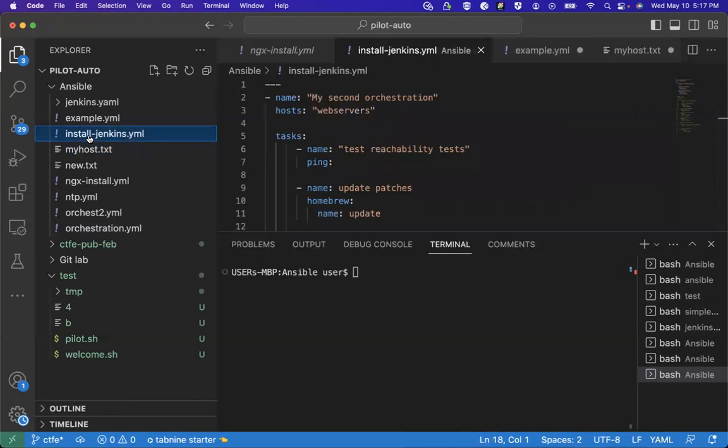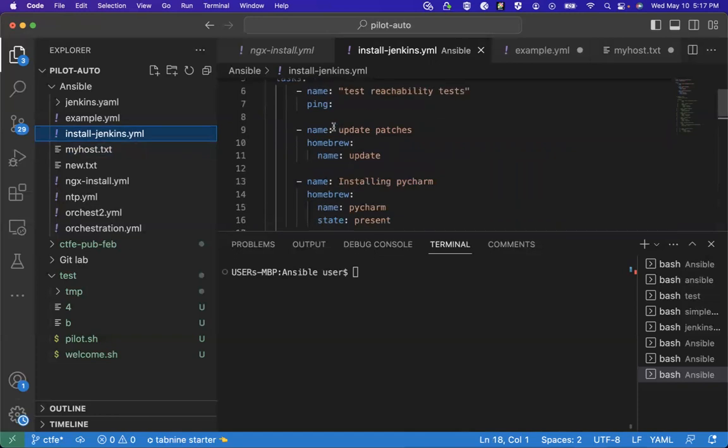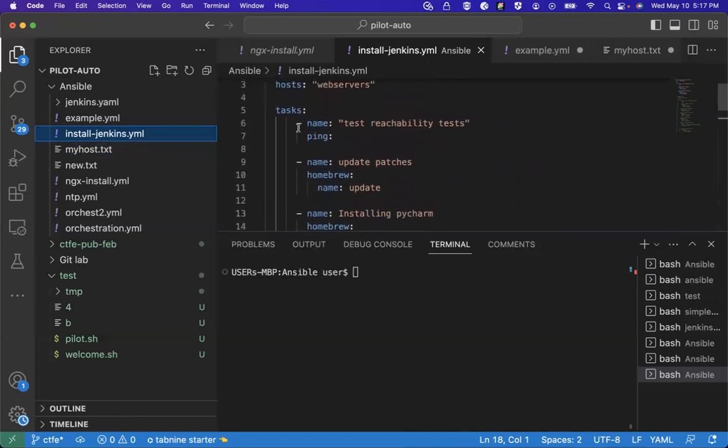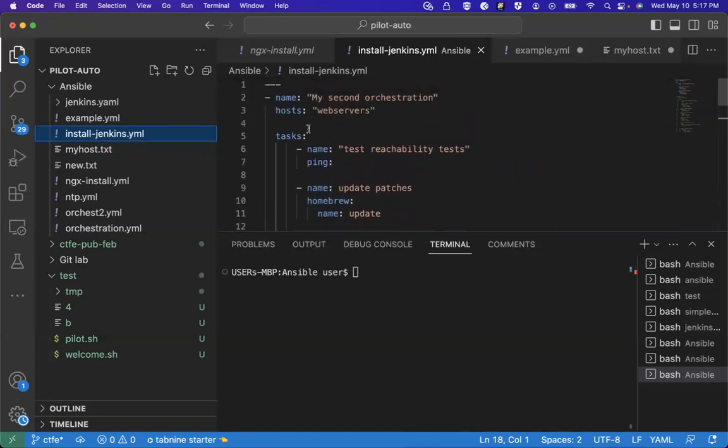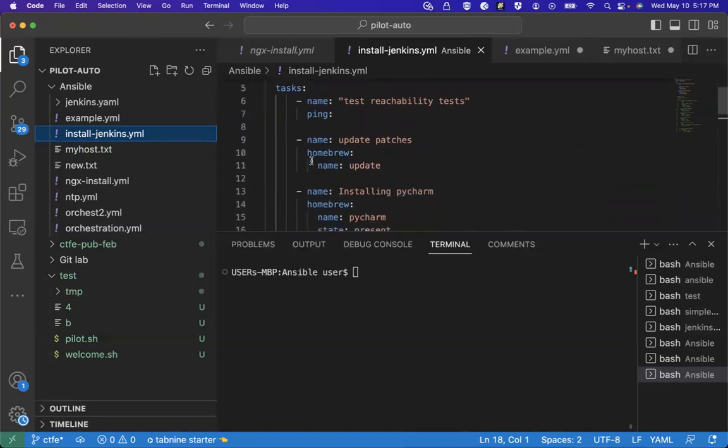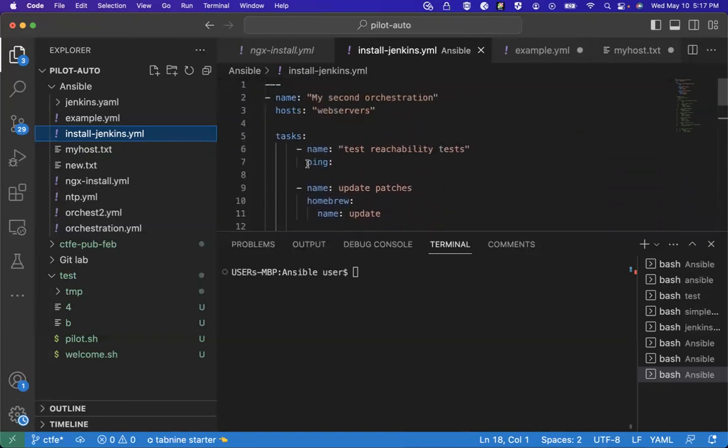playbook that I've written. Then this is the playbook, what I want Ansible to do for me. Take note, indentation is crazy. You must take note of the indentation. So like the first one, name, host, task. These 3 major actions must be present in a playbook: name, host, and task.